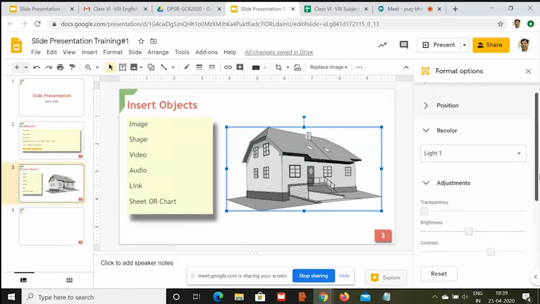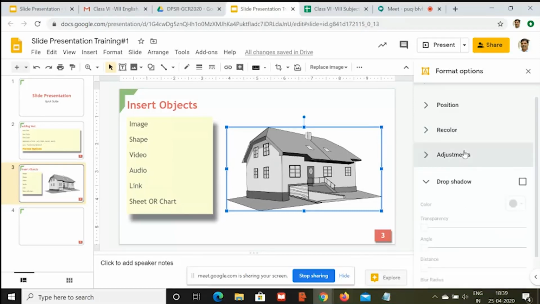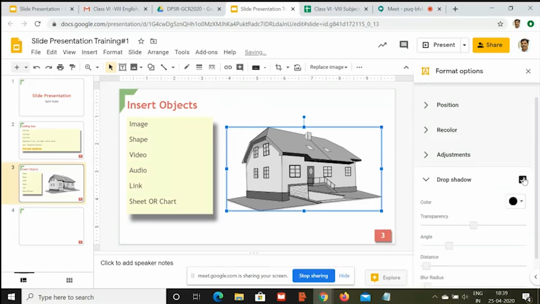Apart from this color, this is the recolor, this is adjustment. You can have drop shadow here also. As it is a transparent image, just see the impact of drop shadow in this particular image so that it will look like a 3D image, right? Just see, we are changing the angle to 60 degrees once again. 60 is the best angle in which you can have the shadow downwards as well as towards the right side.